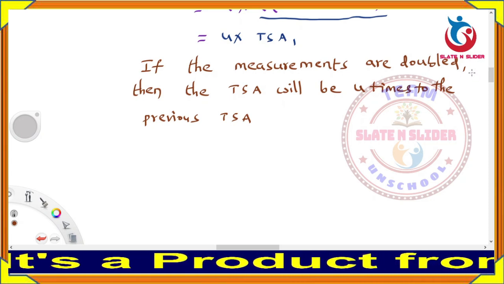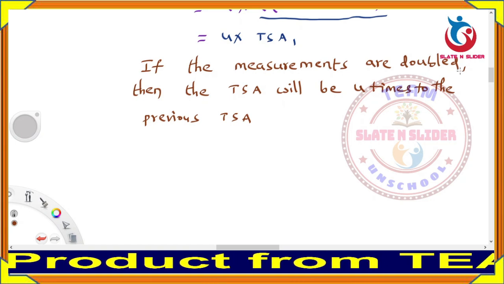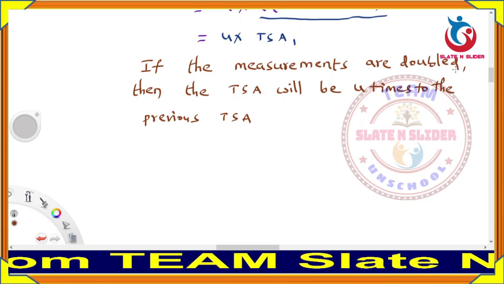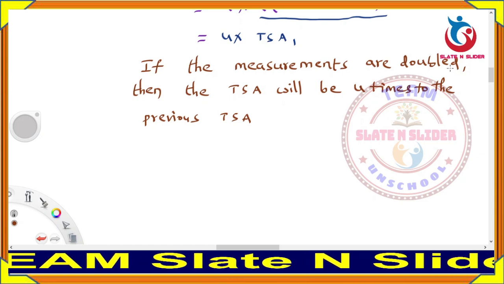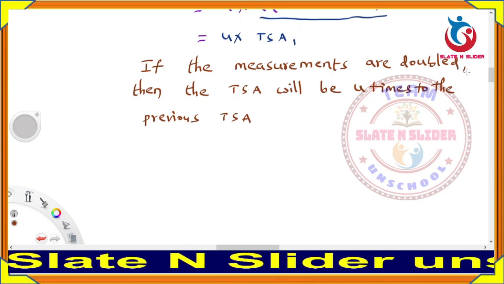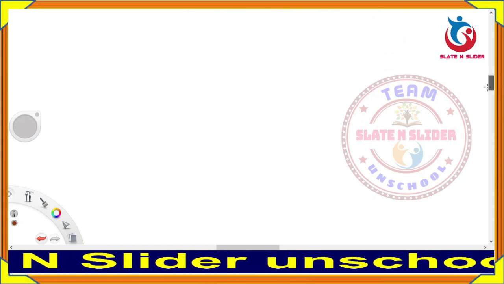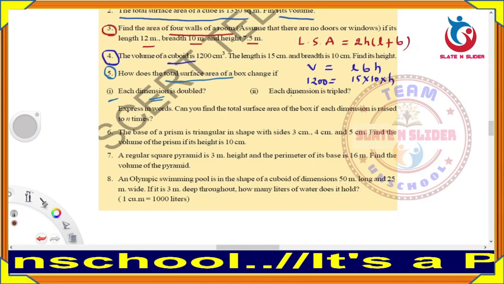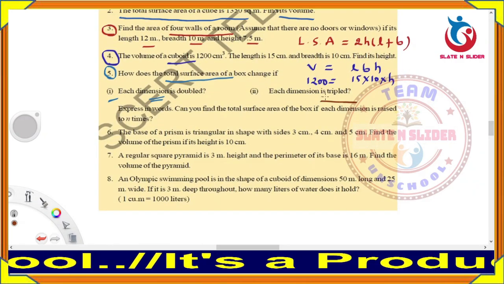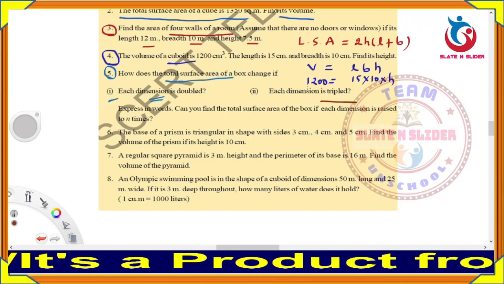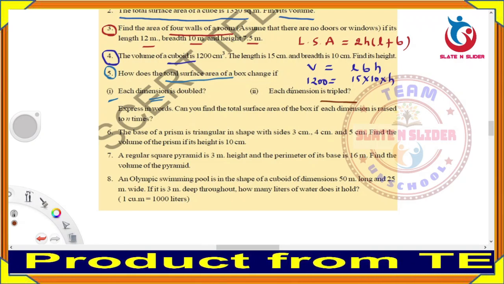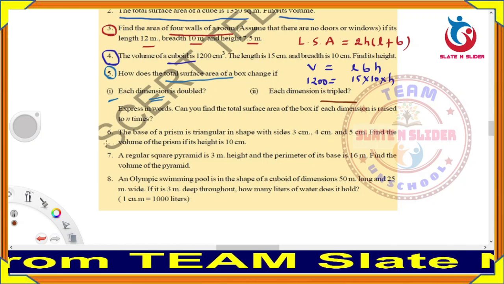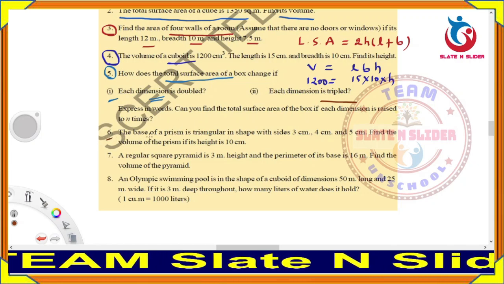Suppose if you want to take the cube, then you just observe that cube, and if the same is happened to the cylinder, from that also we can derive. And in this question itself we have one more, that is each dimension is tripled, then what will happen, it will be 9 times the previous total surface area. So you have to do this one, and let us go through the sixth one, that is the base of